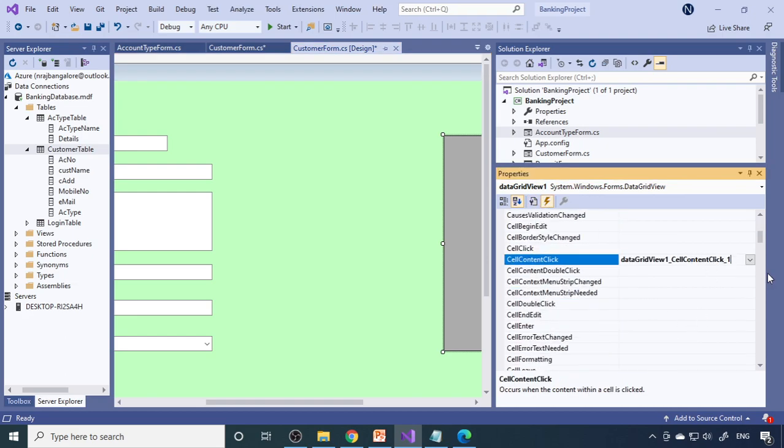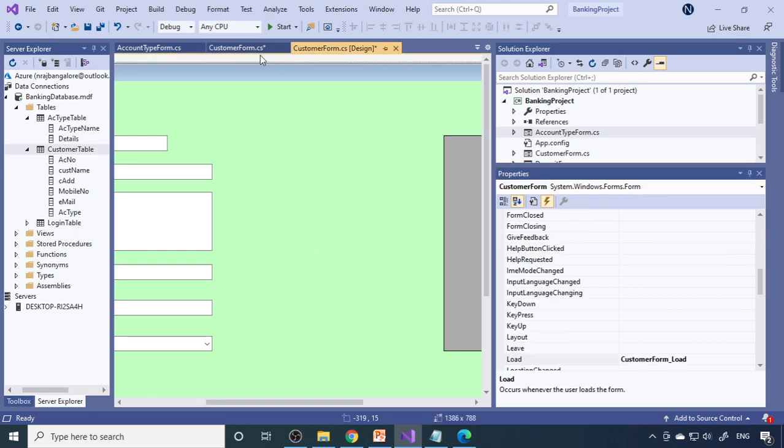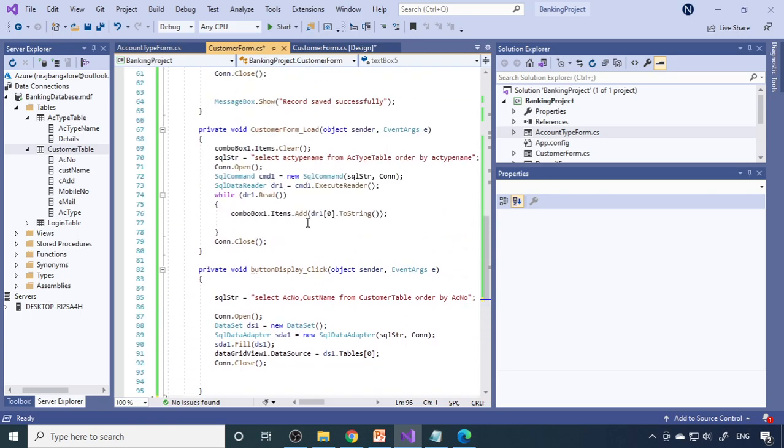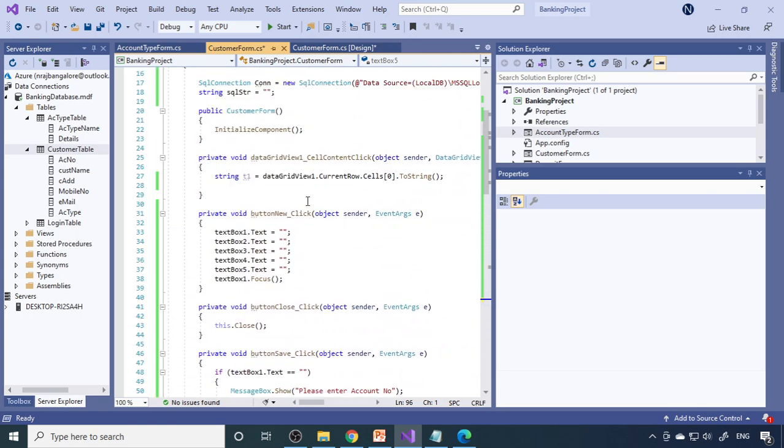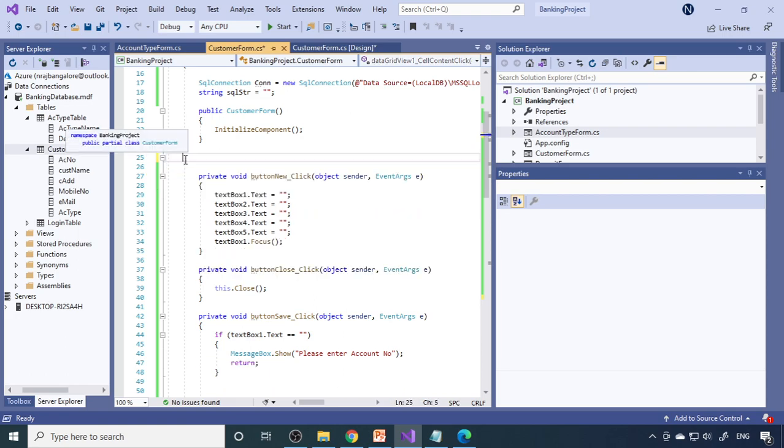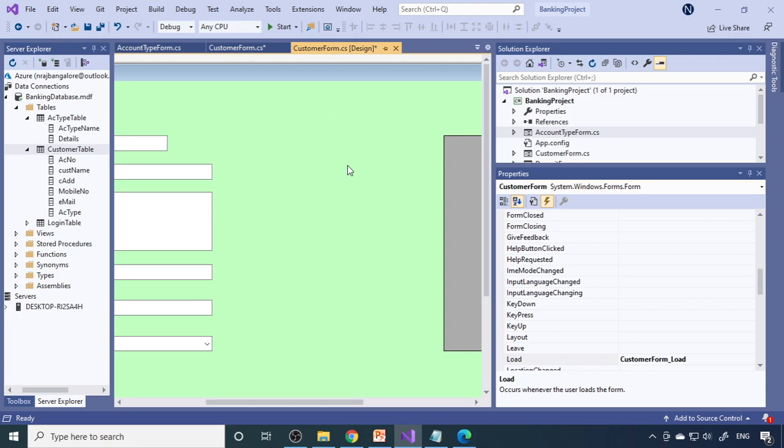Here is one more event here, so remove this. Otherwise you can remove it completely. We don't want it at this moment. Then we can come back here, so it's gone. I'll just take this out and remove this also, so we know where the events are.